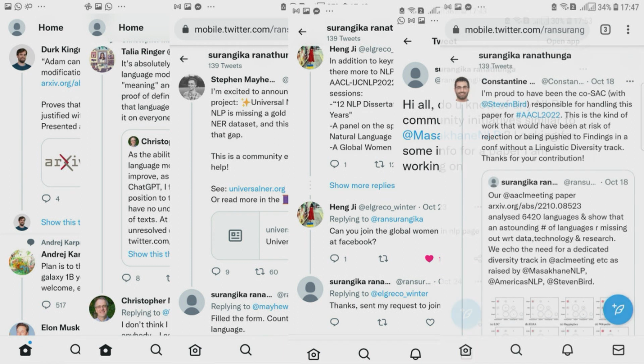And finally, this was the most recent and most significant achievement I had through Twitter. So I had a paper in a conference called AACL. So as others, I just went and boasted about it. And it was quoted and retweeted by the senior area chair of that conference. And he says he's proud to review this paper and accept it. So it was like a big satisfaction for me to get the acceptance by the research community.